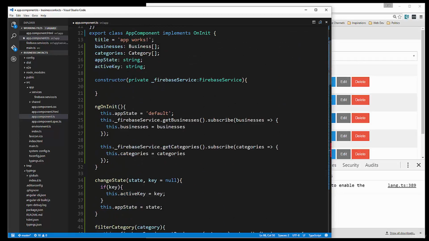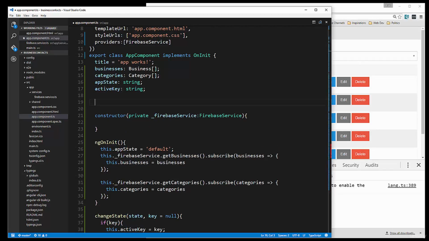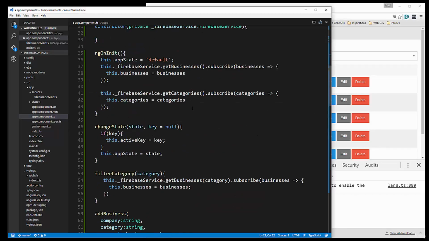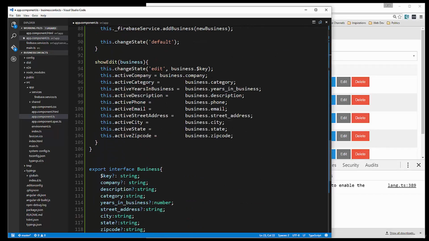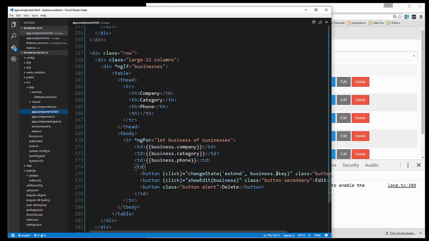So we're going to go up here where we have all of our properties, and we're going to have to add these. All right, so let's go ahead and paste these in. Okay, so active company, category, and so on, which are all strings. And now you'll see that those red lines are gone. All right, so we're changing the state to edit, and then we're just setting all of these active properties. Next thing we want to do, we'll save that, and then we want to go back to our HTML,